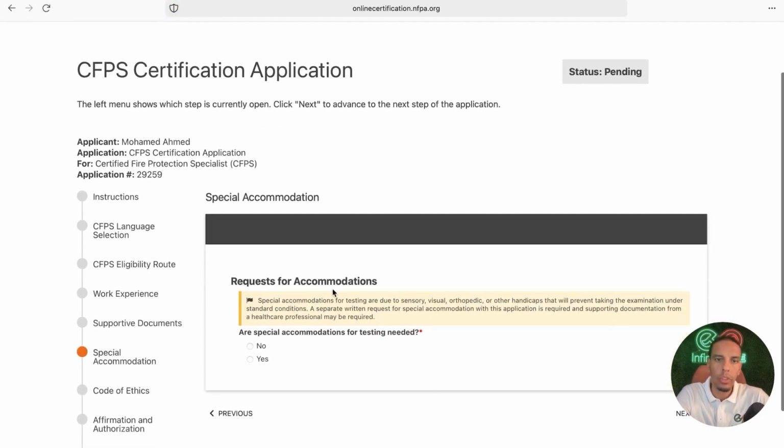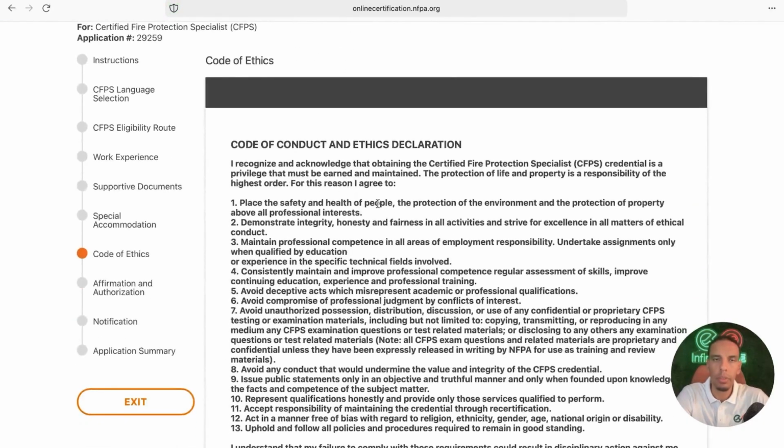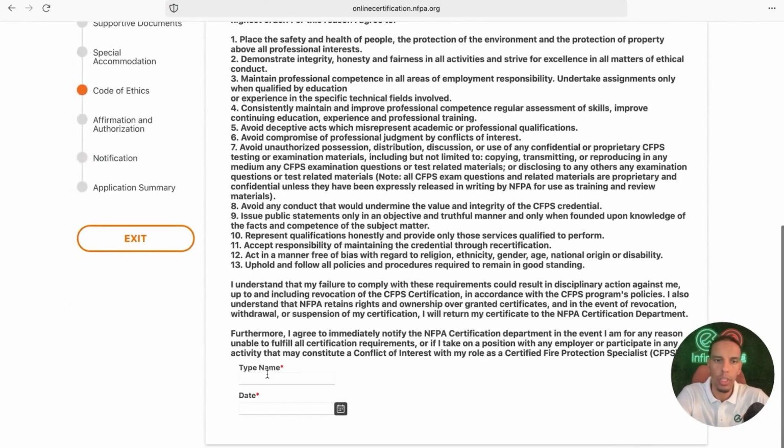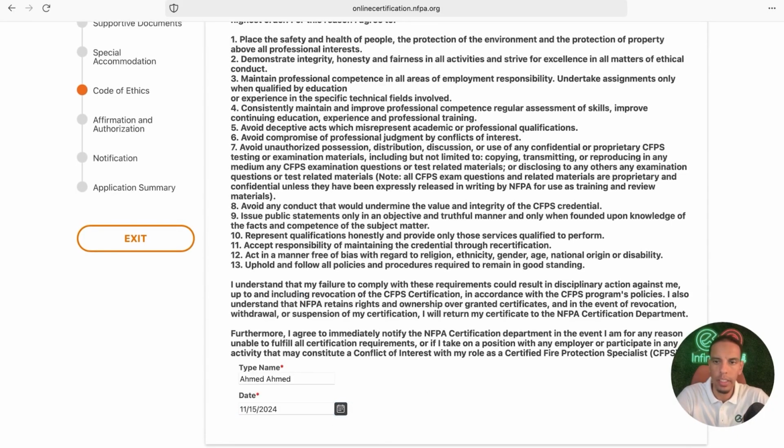After that, it asks you about accommodations. If someone with special needs requires specific arrangements, they can request them here. But thank God, so we select no, and the code of ethics. Previously, the code of ethics was a PDF. Previously, it was a separate document that you would sign and send. Now, you just write your name. So you'll write whatever your name is, Ahmed, for example, any name, and today's date or the date you're applying, and then